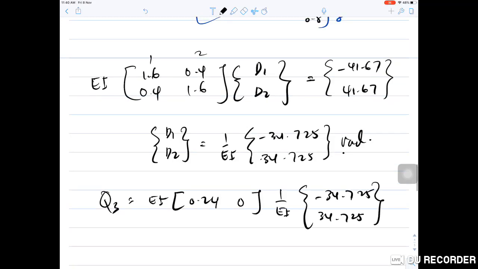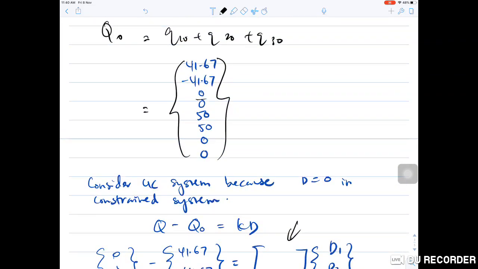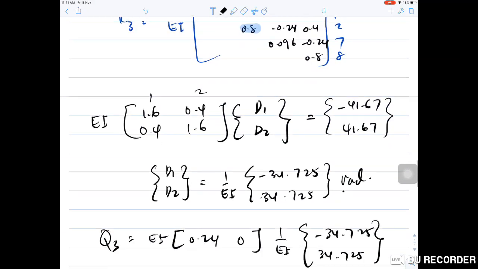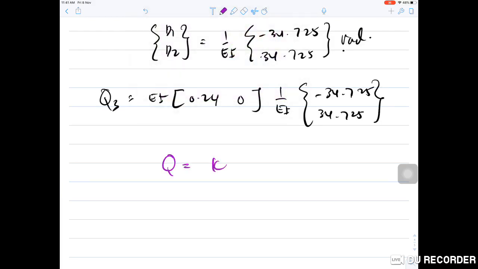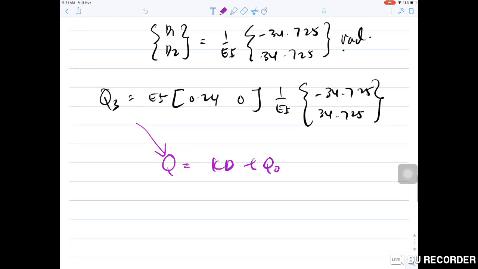Okay, plus back with Q3. Q3 is 0. Can we go back to the equation? The equation is Q minus Q naught is equal to KD. Whenever we want to calculate Q, we have to use this formula: Q is equal to KD plus Q naught. So now we calculate Q3. So we consider this, and this must be plus 0, because at position 3,